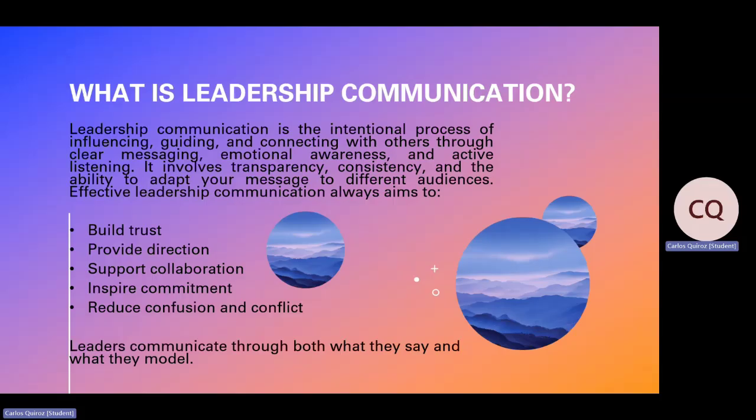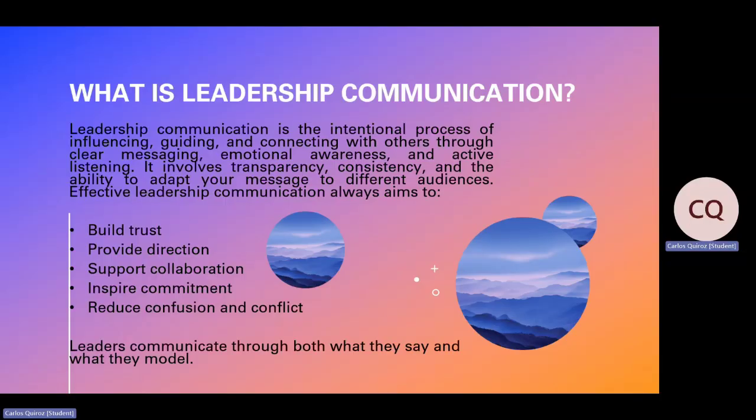What is leadership communication? Leadership communication is the intentional process of influencing, guiding, and connecting with others through clear messaging, emotional awareness, and active listening. It involves transparency, consistency, and the ability to adapt your message to different audiences.